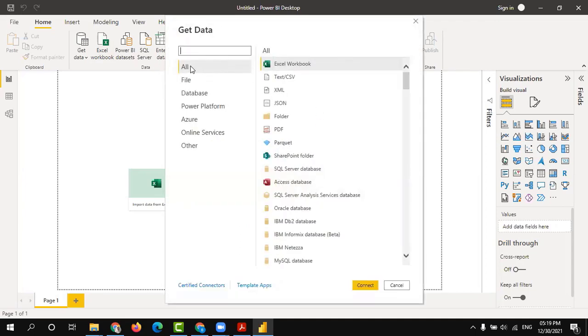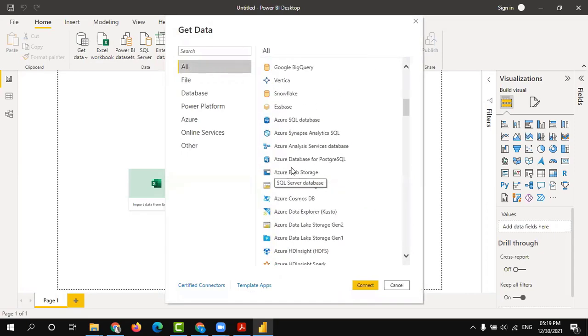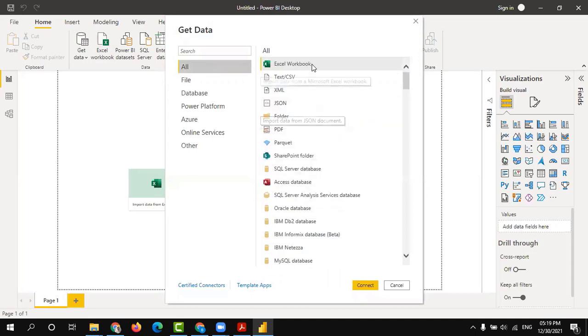It will show all the data connectivities. Pick which is required for your dashboard. These are categorized into 6 data connectivity types: file, database, Power Platform, Azure, online services, and other.